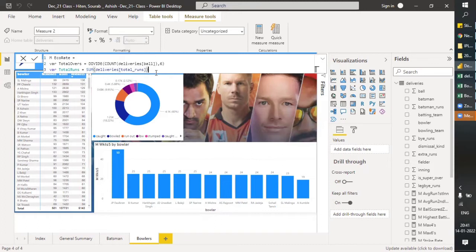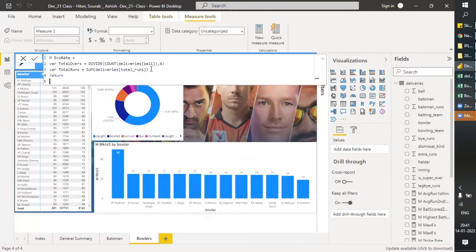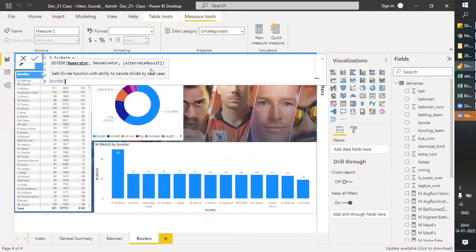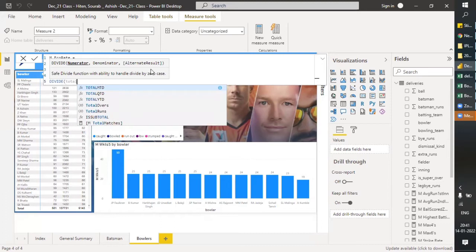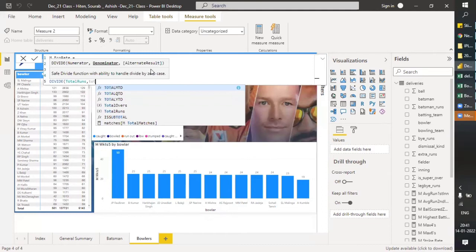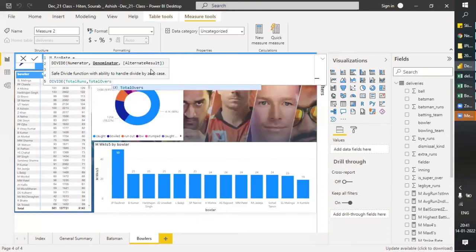If you want to exclude those, just use the calculate function, sum this, and apply a filter on the extras. Okay, so this part is done. Then the function should return a divide between total runs and total overs.